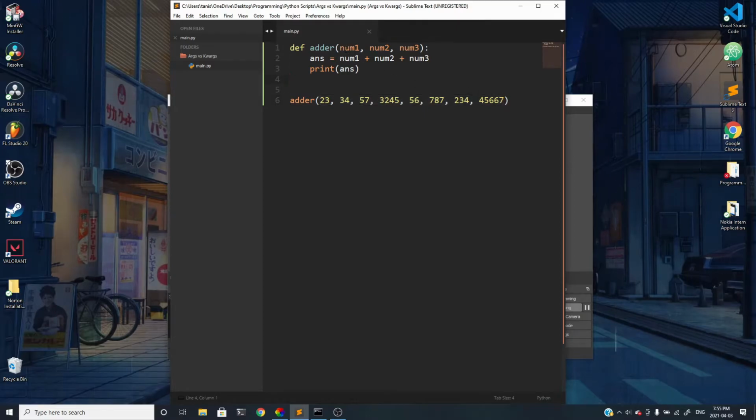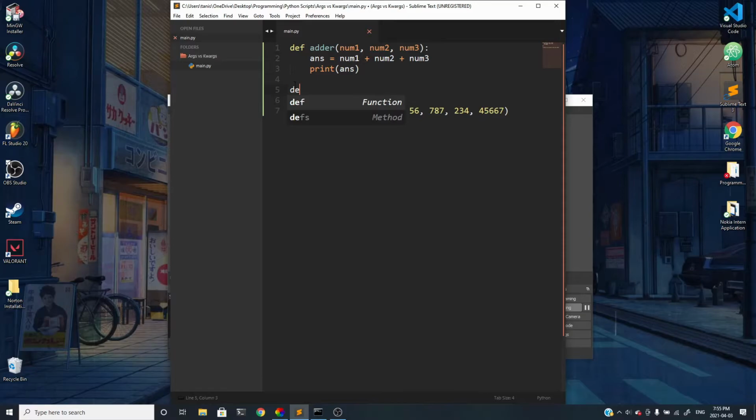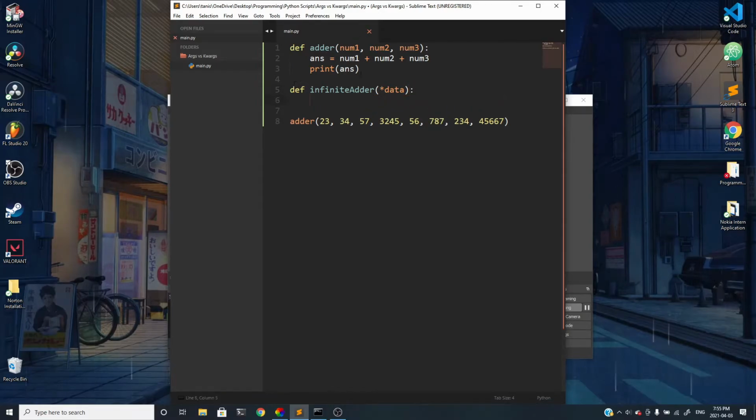The way to use args is by just having an asterisk. So what I'll do is create another function. I'll call this infinite adder. And what you do is you just have an asterisk with a variable name as your argument. What this tells Python is that you're going to be using args, and the variable that you're passing in is data. So let's go ahead and see what happens when we print